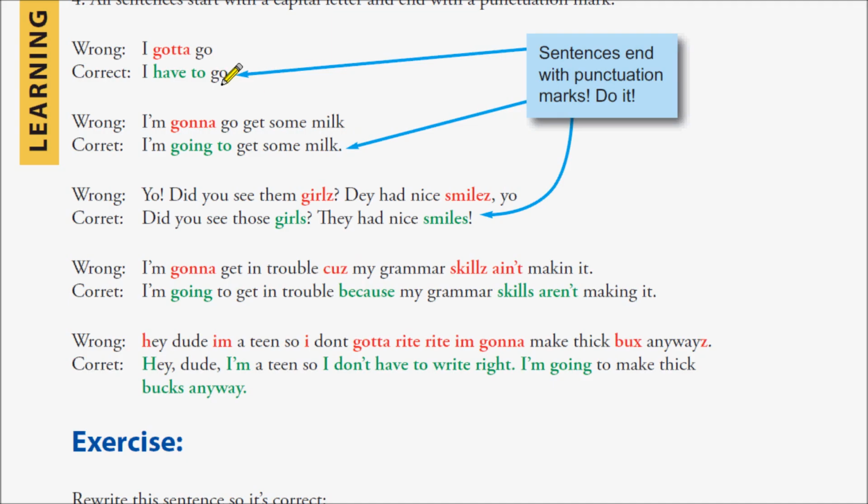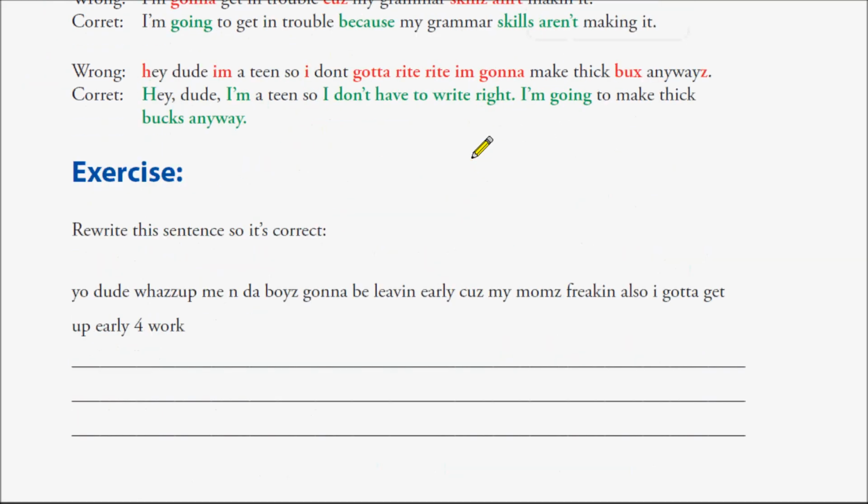And also, don't be afraid of a period, okay, and exclamation points. They're called end punctuation, and make sure that you put them at the end of your sentences. It does matter. It does matter. People do see it. They do notice it, and so please make sure you do it right. And here's an exercise which you should rewrite so it is correct.